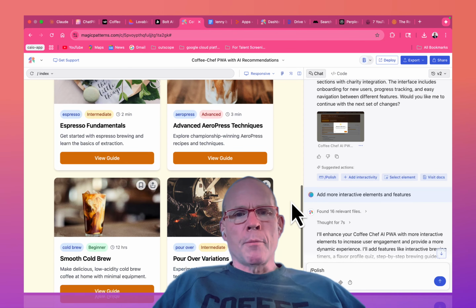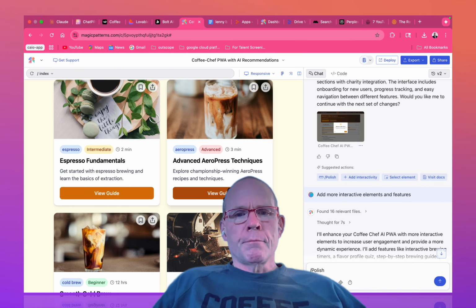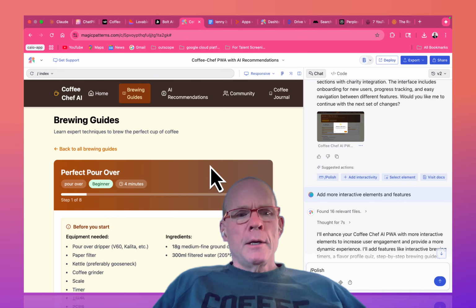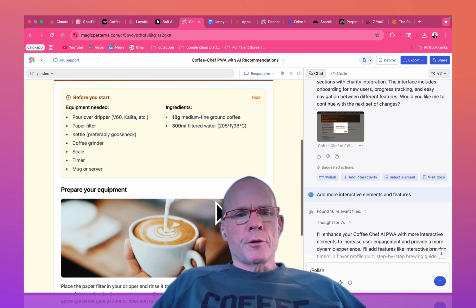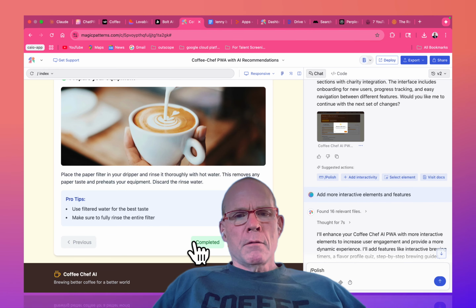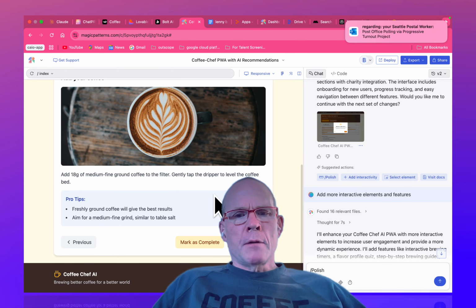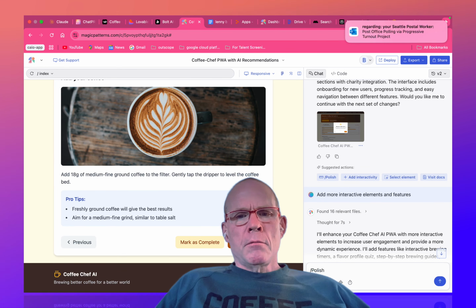They all seem pretty good, pretty paired. And if I like, for instance, advanced AeroPress, maybe I'm going to go view that guide. It says before you start, here's what you need to do. Here's how you prepare the equipment. And if you've done that, then you can go to the next step. So add the coffee, go to the next step,